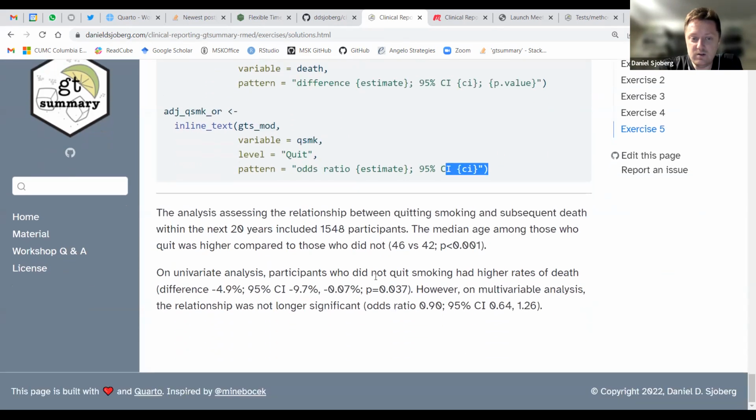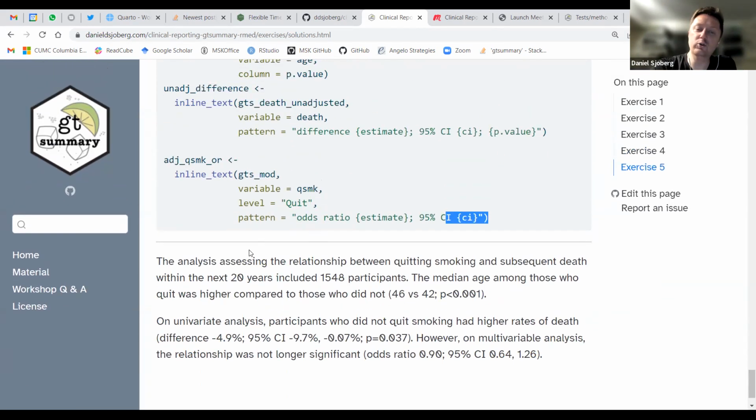And if you look at the raw file in the exercises, you can see the raw code here, but essentially it's a bunch of text and it says we're including 1,548 patients. We took that from the model as well. The median age among those who quit was higher compared to who did not quit, a median of 46 versus 42, and here's our p-value comparing them.